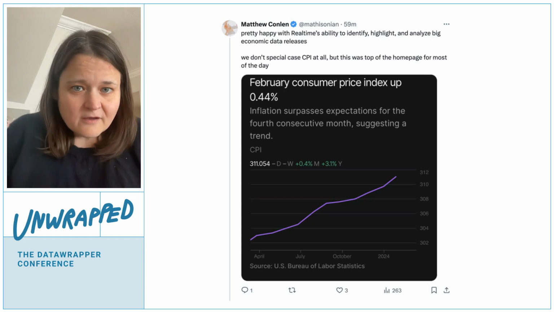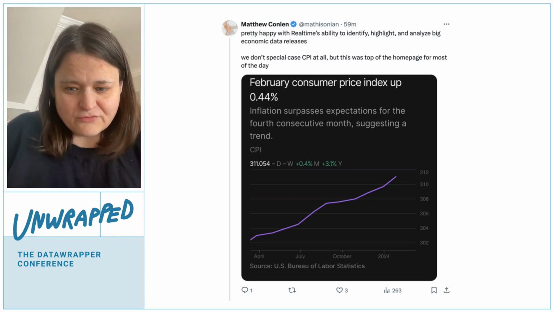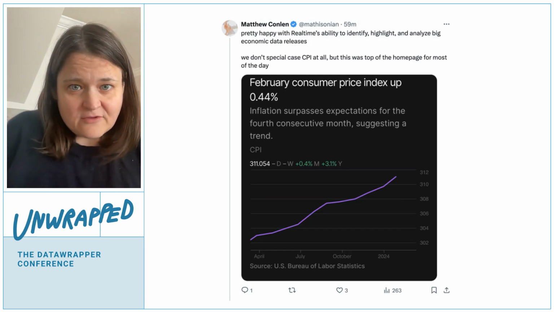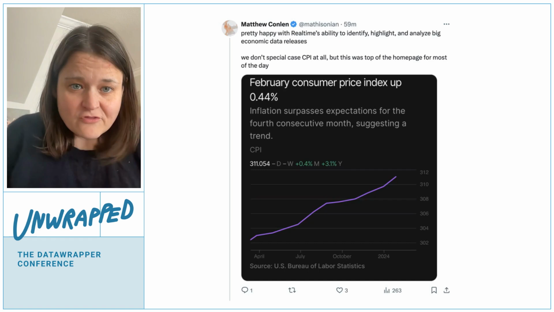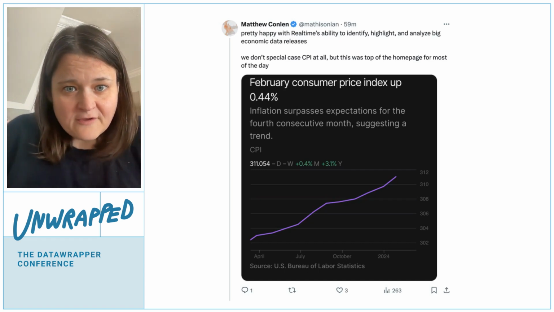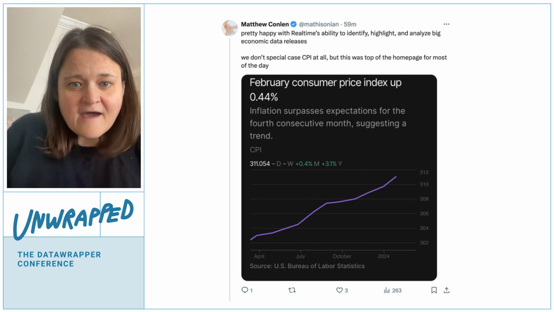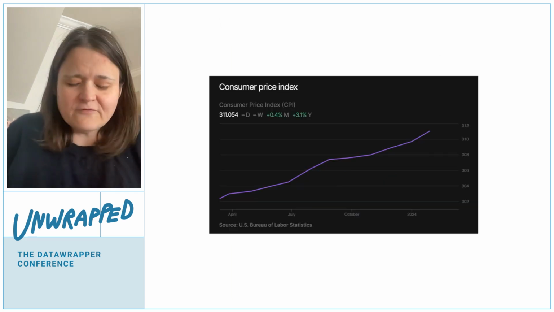This week, he said he was proud of a chart, proud of the system that he's been building. They tackled an inflation report. Automatically, this code was able to say the consumer price index rose 0.5% last month, and it surpasses expectations for the fourth consecutive month. That kind of context, I believe, makes this a much better chart than if you lose the verbs entirely.